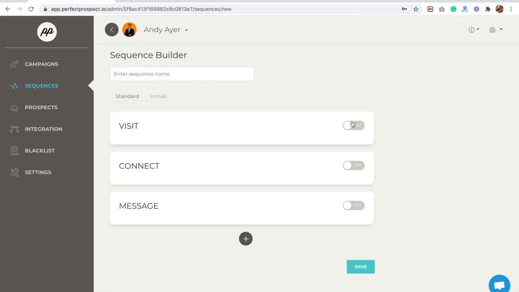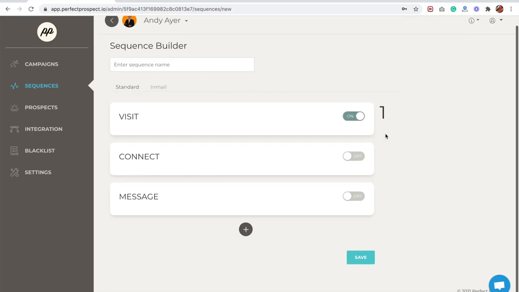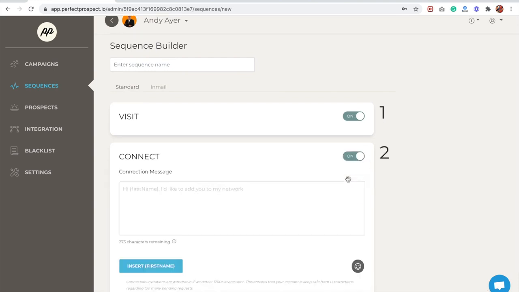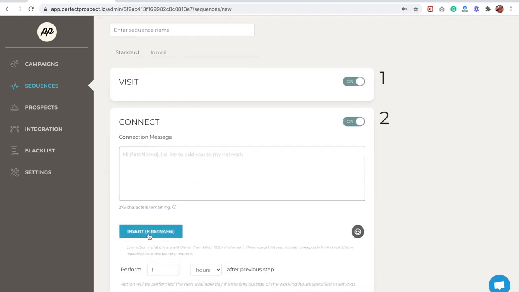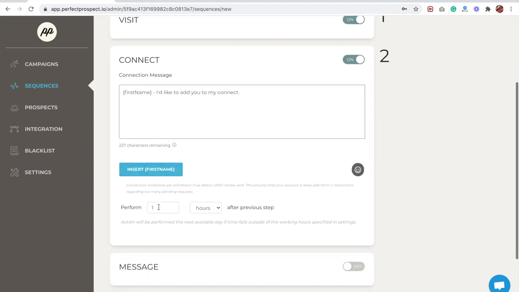So for instance, we'll visit their prospect's profile first, then we'll send a connection request, insert first name, I'd like to add you to my network. Something along these lines. And then you'll set your perform timing, 1 hour or days, however many days or hours